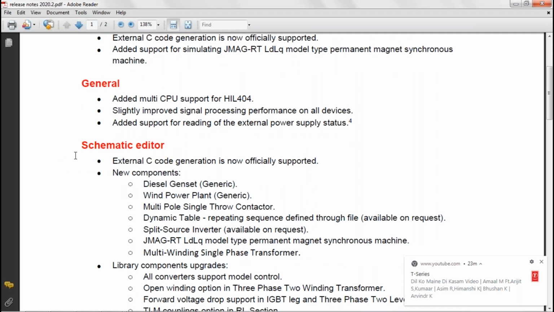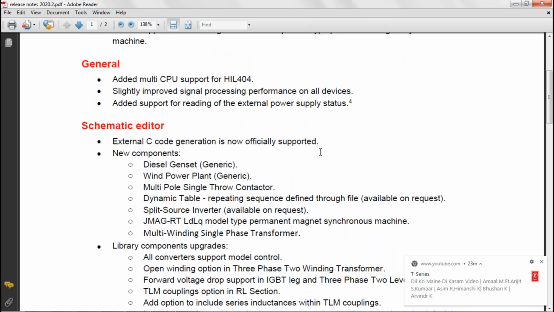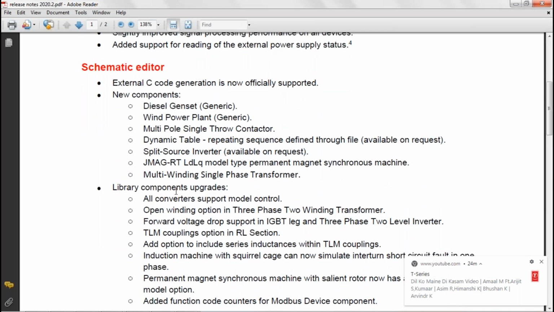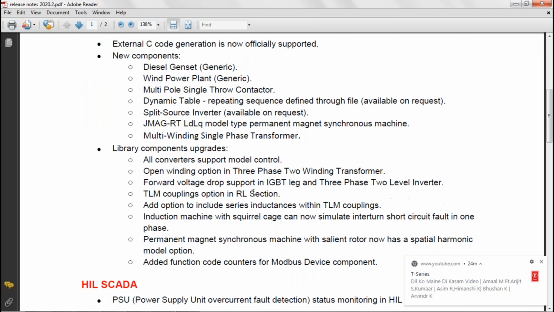This is unlimited for unlimited users, and these are several other libraries which are now officially supported in the schematic editor, like external C code generation, then new components like diesel genset, wind power plant, multi-pole single throw contactor, dynamic table, then split source inverter, then library components, all the converters support the model control,